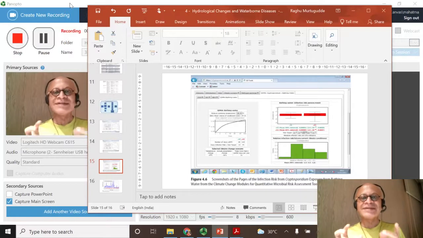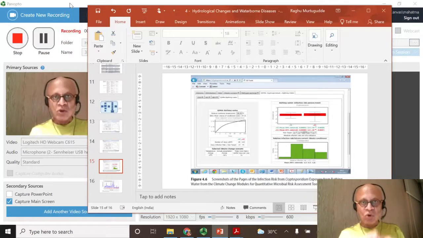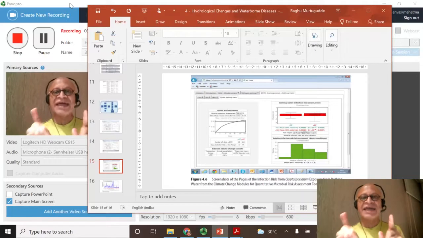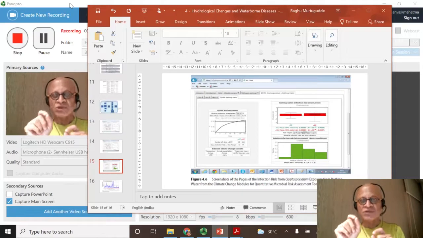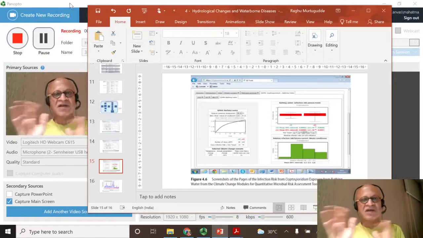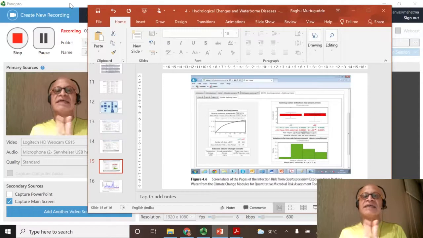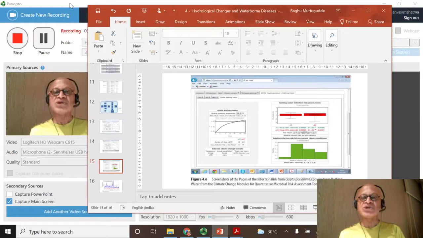The more data you have, the more Goldilocks zones you can identify as to the temperature range, salinity range, precipitation regimes in which these diarrheal diseases or other diseases like meningitis, Kawasaki, whatever, occur, and then you can mitigate the risk. So early warning systems are a major tool in adaptation strategies for dealing with risk of waterborne diseases. Of course, it works for other airborne diseases as well, but since we are specifically talking about waterborne diseases here,